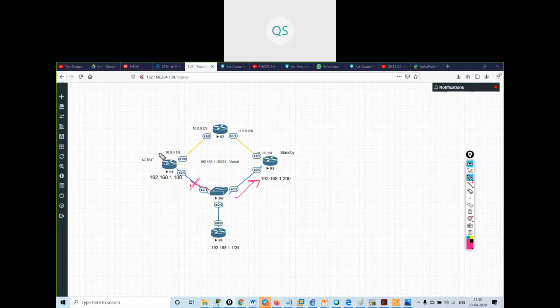Now suppose again this router came up, this link came up. Will this router give the command to this router again? No, sir. HSRP is non-preemptive. We saw non-preemptive when we were learning DR and BDR. Whenever this router comes up again, it will not get the role of active router again because HSRP is